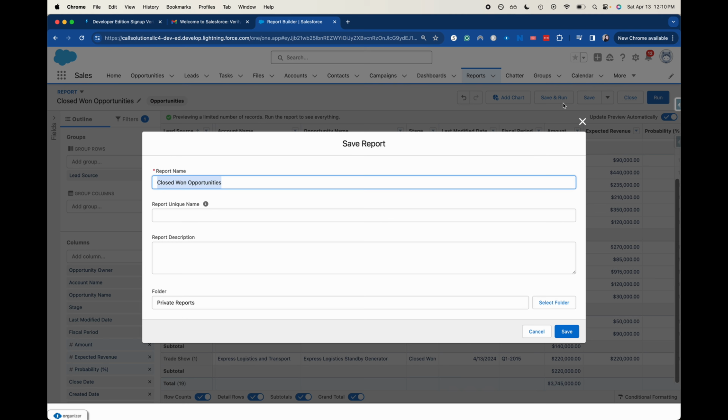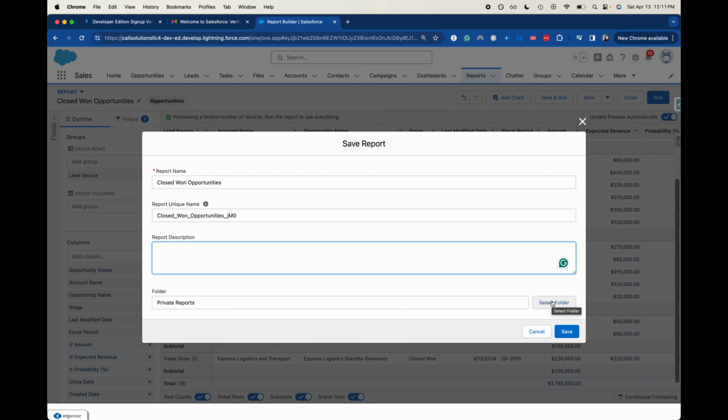I'm going to do save and run. So it's going to have us create a report name. Any type of report description can be helpful. And then choosing your folder. Folders are going to be places where you're going to put this report so then people can either access it